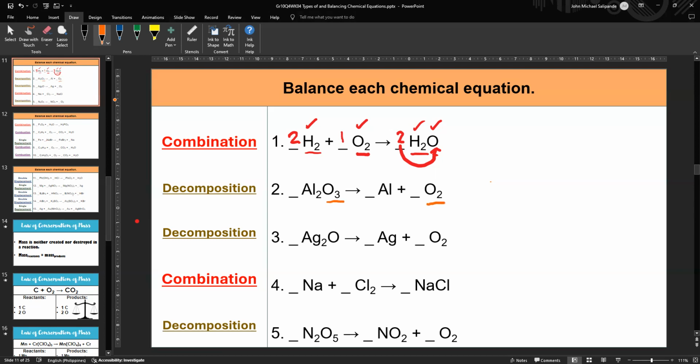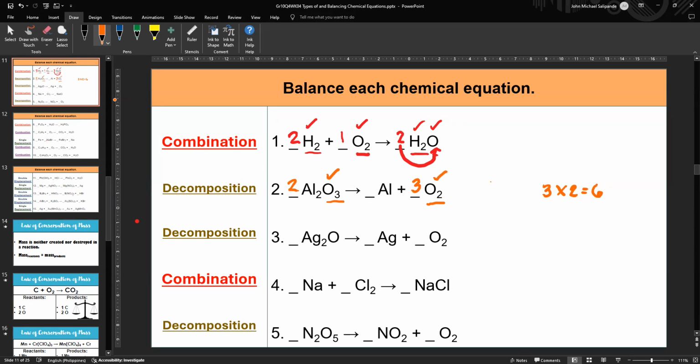Now, I'd like to introduce to you the odd and even technique. So in the odd and even technique, you multiply the number of oxygen atoms on the left to the number of oxygen atoms at the right side. So 3 times 2 equals 6. So now, your goal is to ensure that each side of the equation contains 6 oxygen atoms. Since we have 3 on the reactant side, we have to multiply Al2O3 by 2. Instead of 2 on the product side, you have to multiply it by 3. And with that, oxygen is already balanced.